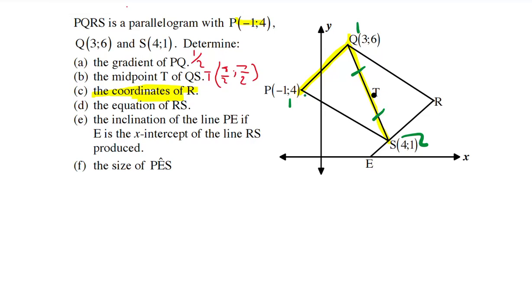Back with another exam hack, but I'm continuing from my previous questions, which are A and B, that I've just solved on my other videos. So they say the coordinates of R. Now we need to solve for the coordinates of R. So where is R? This is R here, but since they told me that this is a parallelogram, right, I can still